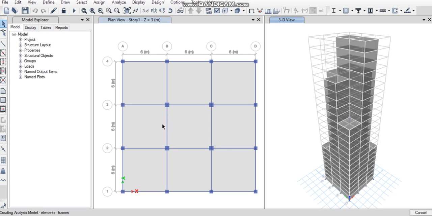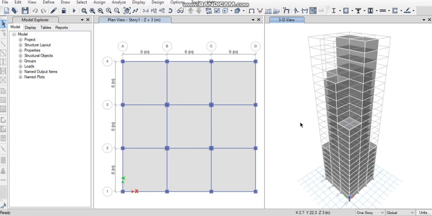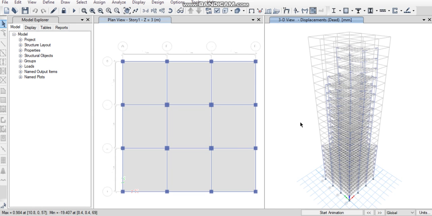It takes some time. Now you can see the analysis is done, in which you can see the displacement diagram on the right side.